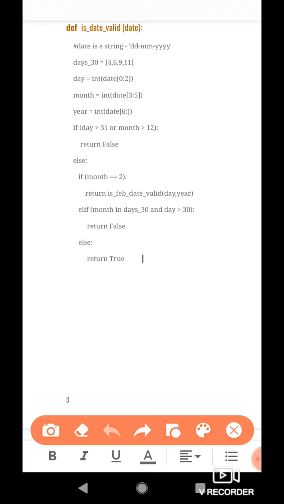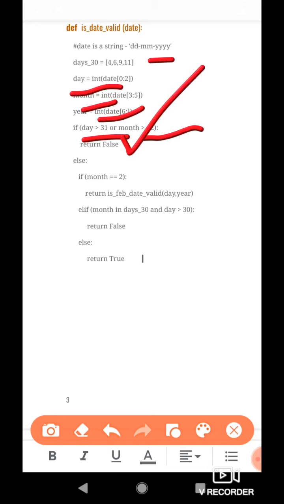Then we extract the day, month and year parts in numerical form from the string type argument date. And then we also check that if day happens to be greater than 31 or month happens to be greater than 12, then we return false because the date is clearly invalid.